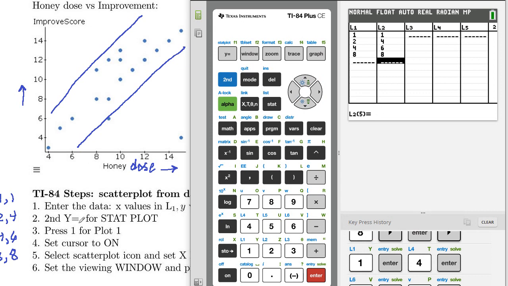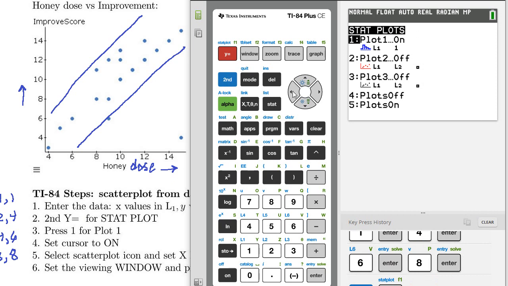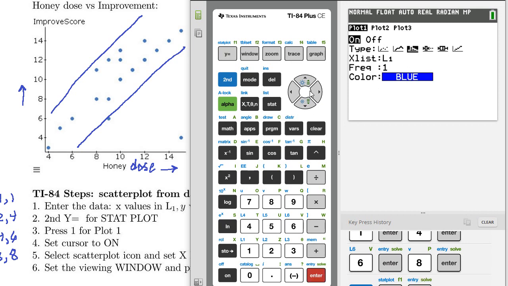Now I'm going to hit second Y equals to get a stat plot. So second Y equals, and Plot 1 is on. I want to make sure that Plot 1 is on and not off like these guys. If it was off, you would just press enter here, and you would highlight the On. And then we are doing a